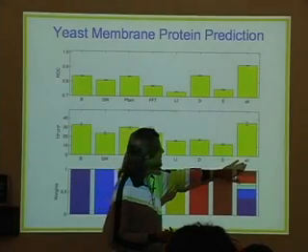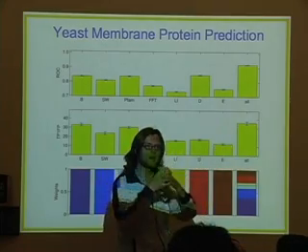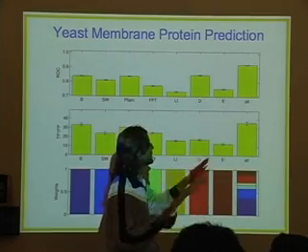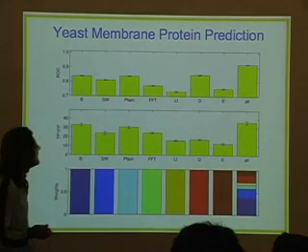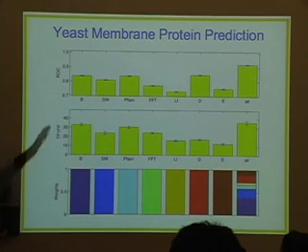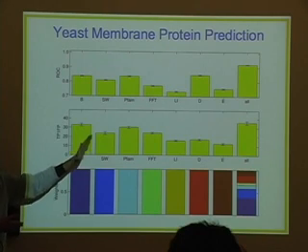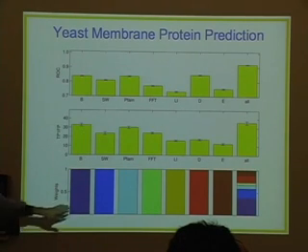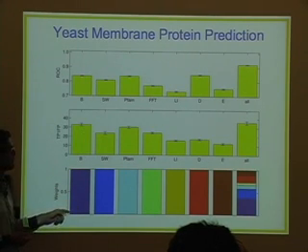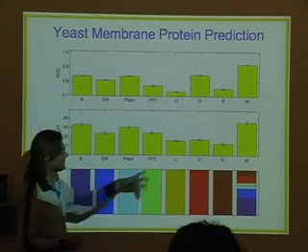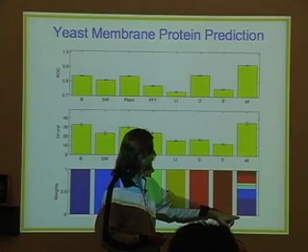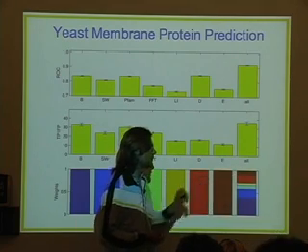And the last column here is basically the result of using the optimal mixing algorithm with a support vector machine, using all information to make predictions about membrane proteins. And so what we can see here is that, especially according to this performance measure, also according to this one, although it's less outspoken, there is an improvement of using all information sources by optimally mixing them compared to using only a single one of them. And so here in the bottom, we can see also the weights of the different kernel matrices in the combination, which obviously here are just one, because we're just using a single kernel matrix. Here we see the relative weight of the different kernel matrices.